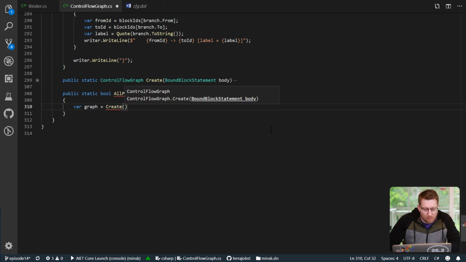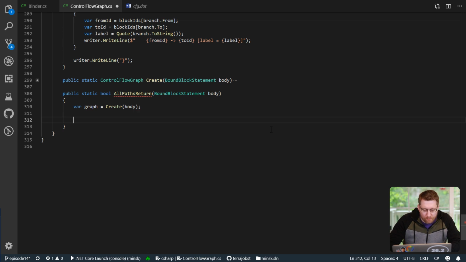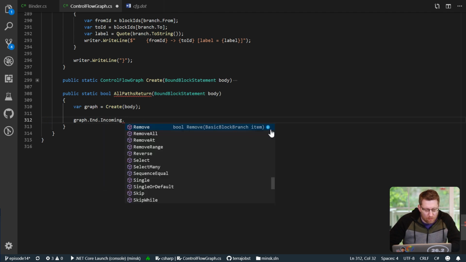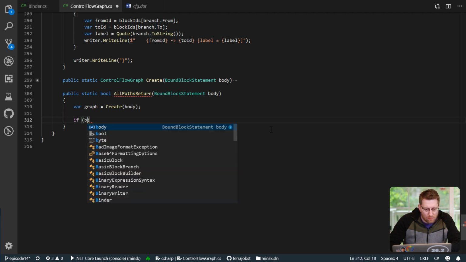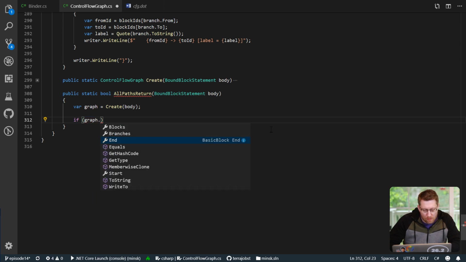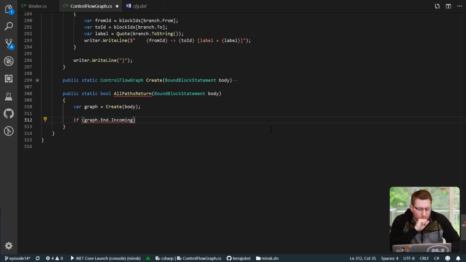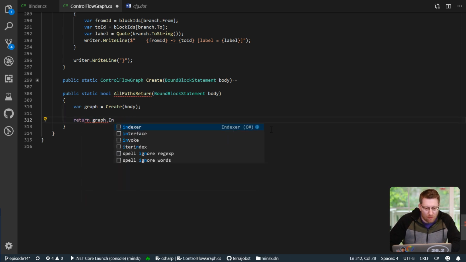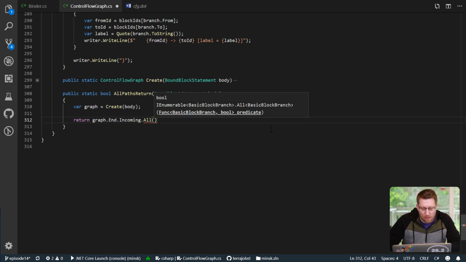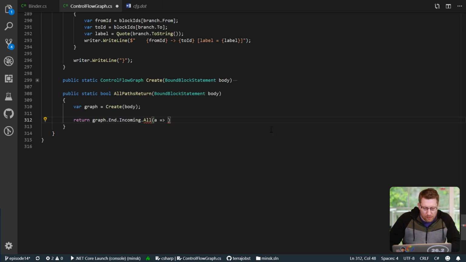is create, and then we can say graph and incoming. So if graph and... so incoming can never be empty, right? Because we always have the start one connected. So all we have to do is we have to say graph incoming, graph and incoming all, so you have to say all of those guys have to be,